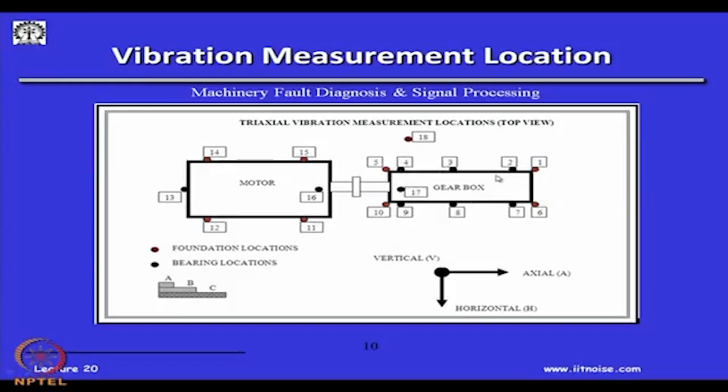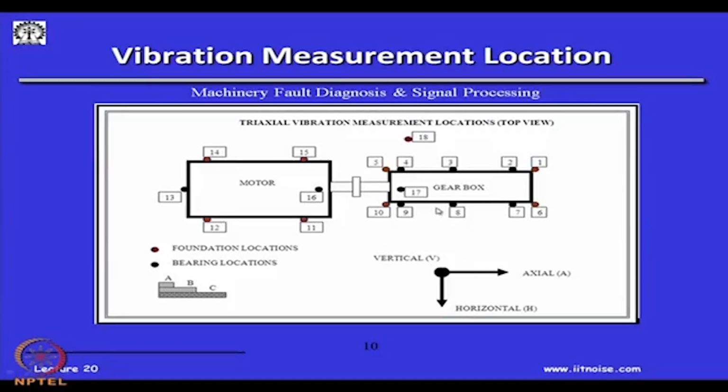4 foundations, they are measured. And just for comparison, another point outside the system is measured, just to ensure how high or how low the levels outside are. And in foundations, depending on the configuration, foundations could be of different types, okay, whether it is on the concrete, whether there is a steel frame, another structure, etc. And then of course, the directions are axial, horizontal and vertical, which is coming out of the plane of this projection